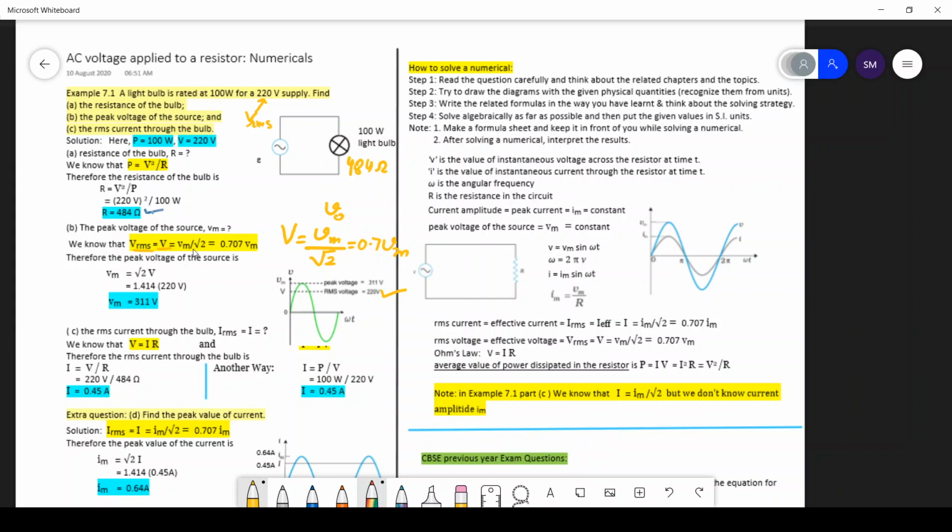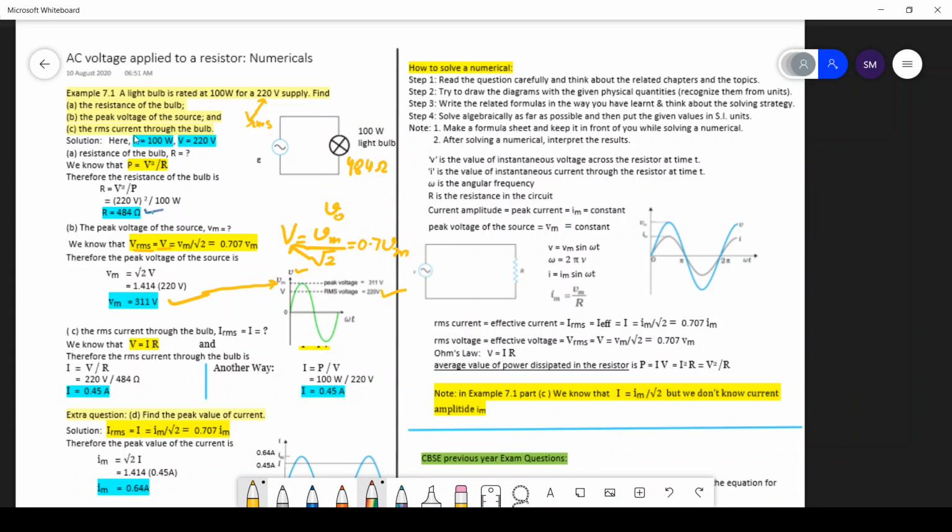So we need to find maximum voltage, means Vm. So write the formula in terms of Vm. So Vm, this root 2 will go this side. So Vm is equals to root 2 V. So put the values of root 2 and V, and we get the value of maximum voltage, peak voltage. So this is the graph. So this is your peak voltage and this is your RMS voltage V, 220 volt. And this is your instantaneous voltage. This small v is your instantaneous voltage. This voltage keeps on changing along with the time.